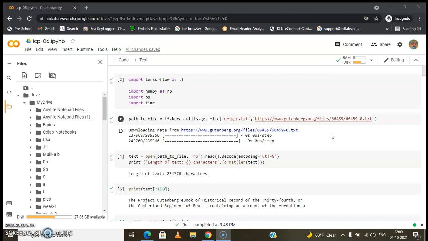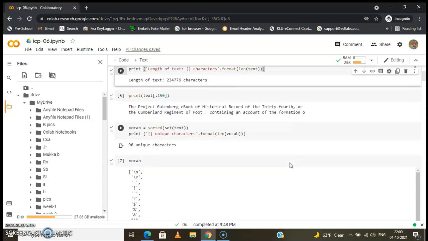Firstly, I have imported all the libraries, since first we have to import all the libraries. Then I have downloaded our text file, Sherlock Holmes, from the internet and uploaded it into Google Colab, and this is the path for it. I'm reading the data, and we have this total number of characters in the text file. So this is the length of the text, as you can see.